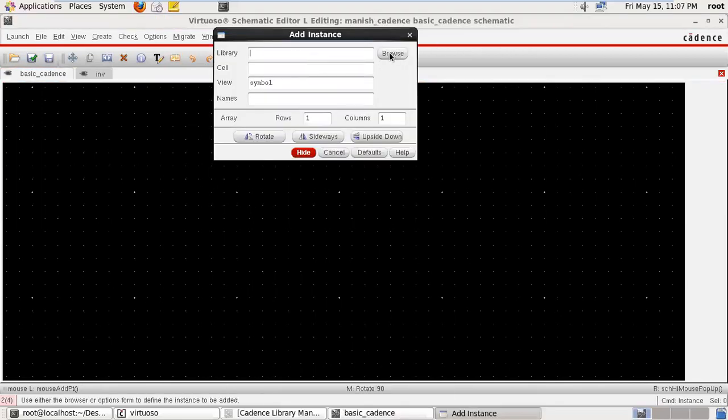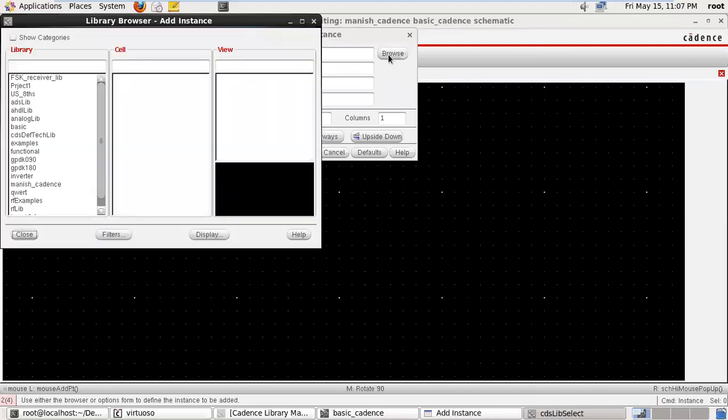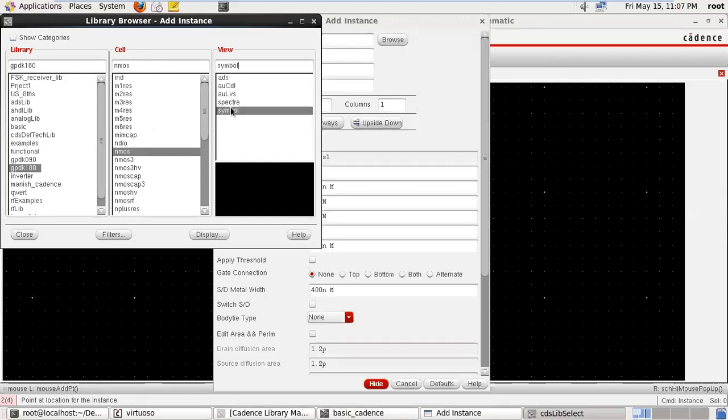This is my window, browse, go to browse. Here you find all libraries: gpdk180, gpdk90, inverter, manish underscore guidance. All available libraries are here. Suppose you want to select a component, say nmos, find it in the gpdk library, and select the nmos symbol.